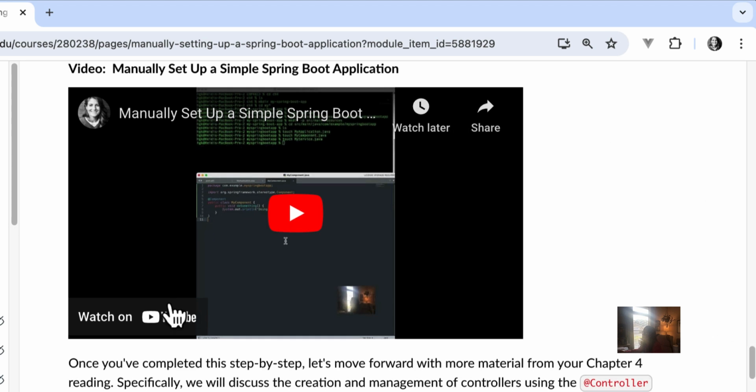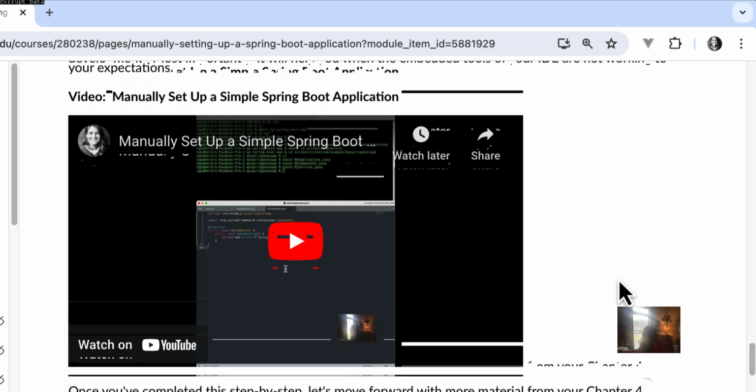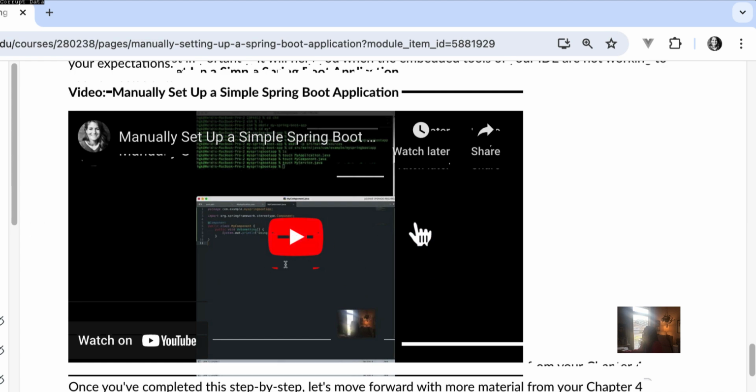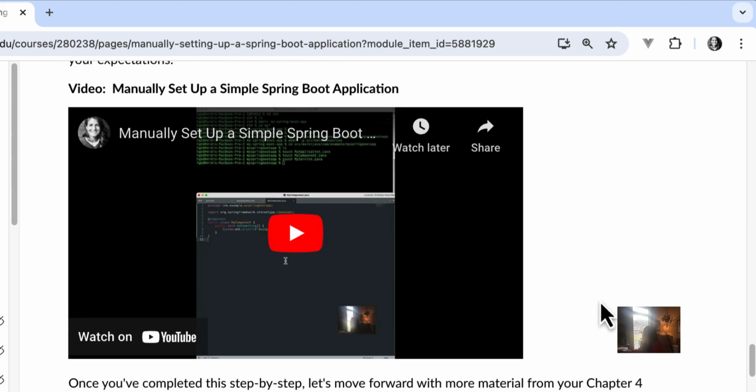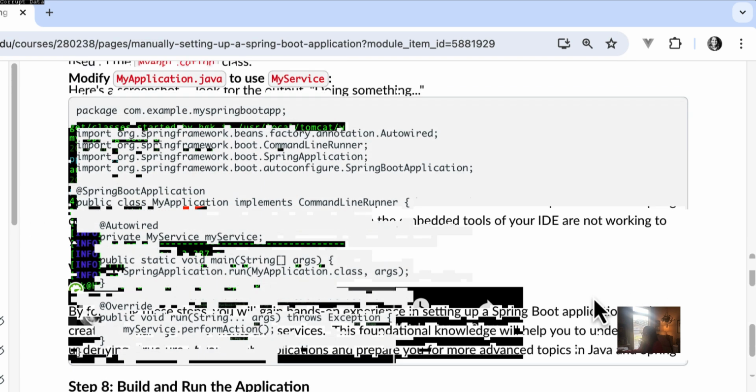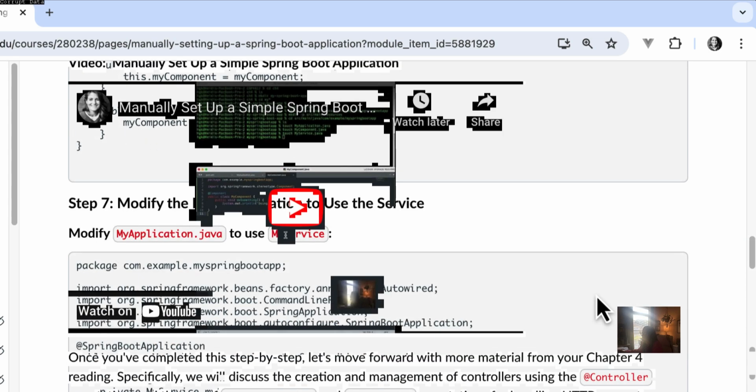And then at the very end, I recorded a video where I walk through each of these exercises that I'm going to just demonstrate in a second. If reading through the content is a challenge, like I said, there's a video that walks you through step by step everything that I'm asking you to do here.